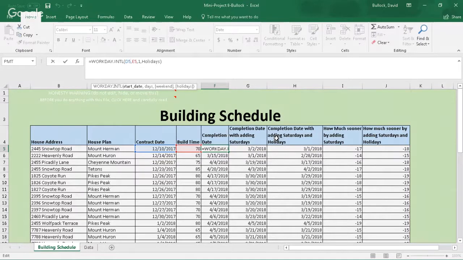I'd be one day sooner if I worked on a holiday. So I went in and named what the weekend meant. You know how it goes in there when you go down after the days. You do the comma and then you pull down the menu and you say the weekend means Saturday, Sunday. Right. And then the next one, holidays, I just made